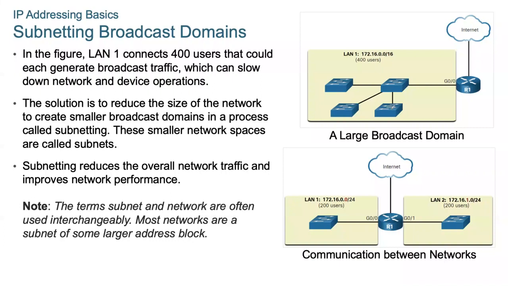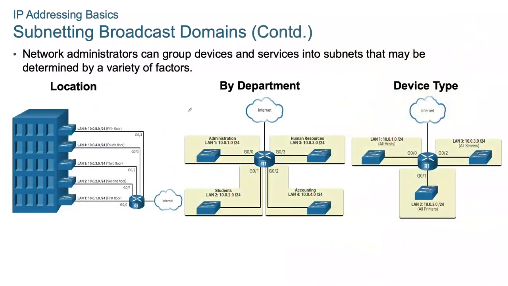So why it is required means to improve the performance of your network. If it is a broadcast network, in that case you may use this subnetting part. That subnetting is the job of the network administrators. They can group these devices like your first floor of this building, second floor, third floor, fourth floor. So it can group these devices, and for first floor, it may give the IP address that